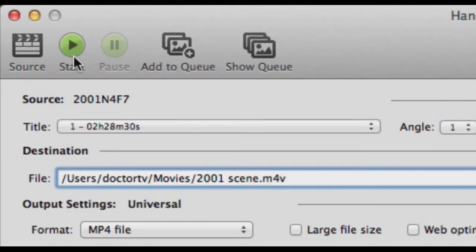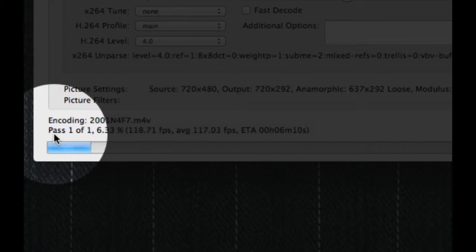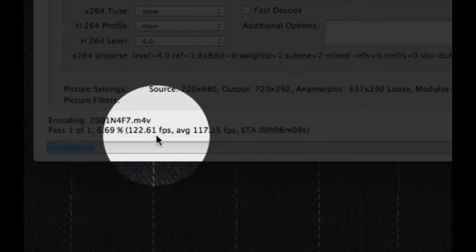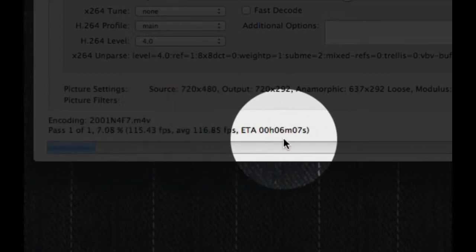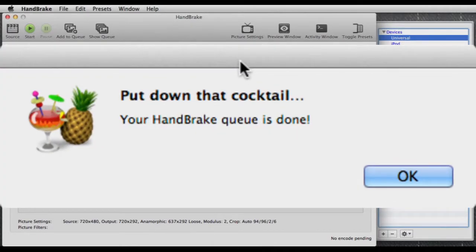With the source, chapter, preset, and destination all chosen, you are ready to rip. Just click the Start button and wait. The process of ripping can take a while, especially if you've chosen several chapters or the entire DVD. Handbrake gives you an estimated time, but it's just an estimate. Once the rip is done, it pops up a funny message and you can now open and play the file